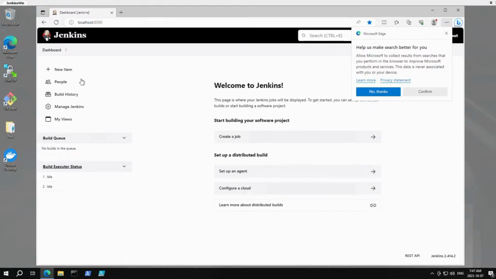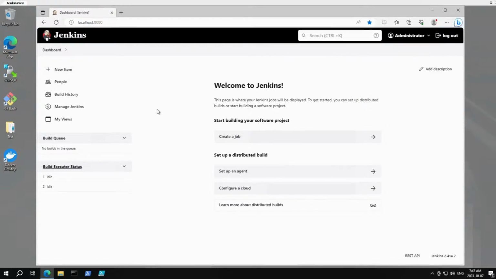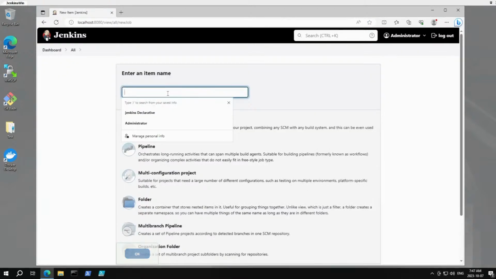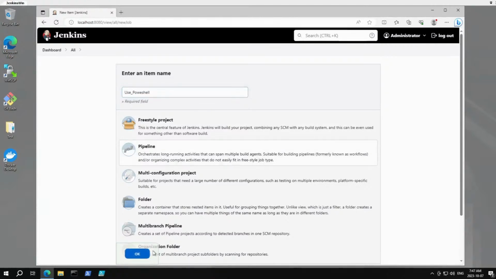So I will log into my Jenkins. So we are there already in the Jenkins. So we will create one pipeline. So I would say use PowerShell. So we will be using PowerShell steps in our